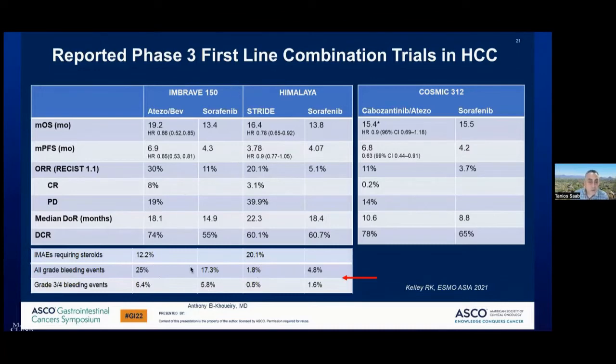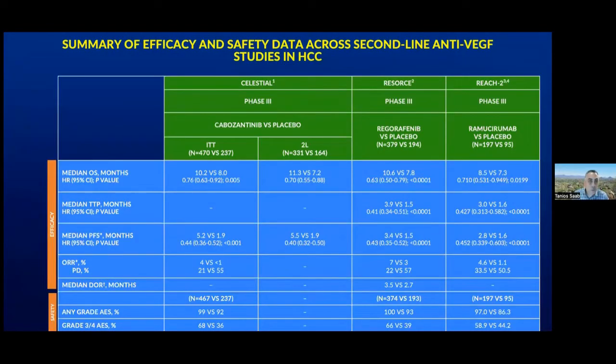But when you look at the Sorafenib arm, you can see that what Himalaya did is selecting out those patients with main trunk thrombosis, so VP4, and you can see that with Sorafenib, the risk of bleeding is pretty significant, and we know that from clinic. It becomes relatively insignificant on the Himalaya study because of the exclusion of the VP4 patients. So I think that's important to put all these things in perspective